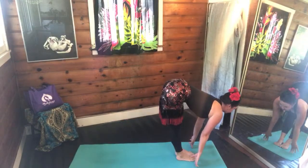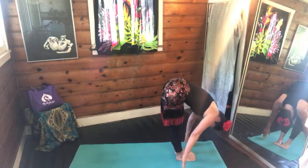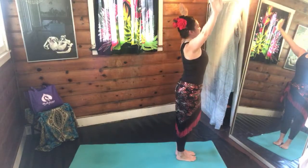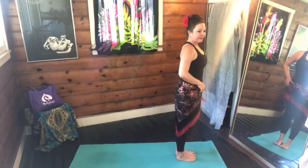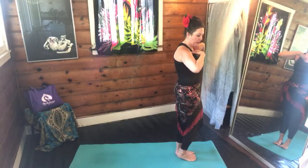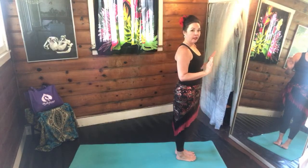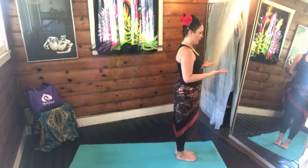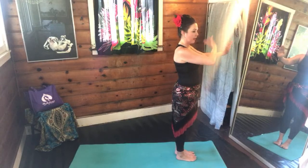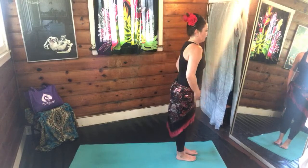Inhale, halfway up. Exhale, forward fold. And inhale, reach your arms up to the sky. And exhale, hands by your sides. Okay, let's go ahead and move on to Surya Namaskara A. So you have options. You can go on your knees to chaturanga, and you can go through tabletop to downward dog, or we can go from the plank. I'll do the plank version, but modify whatever your body needs. Okay, so that you feel good,